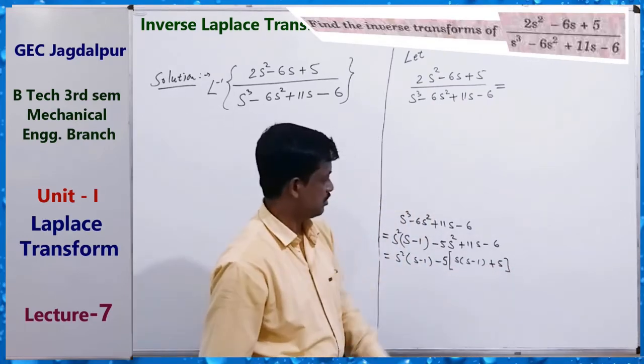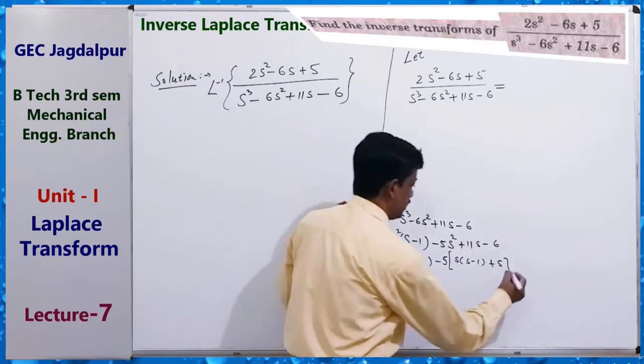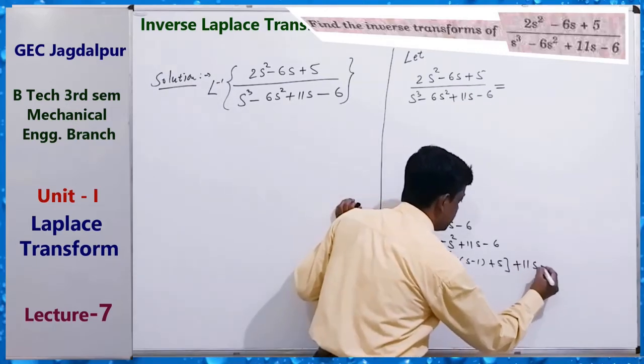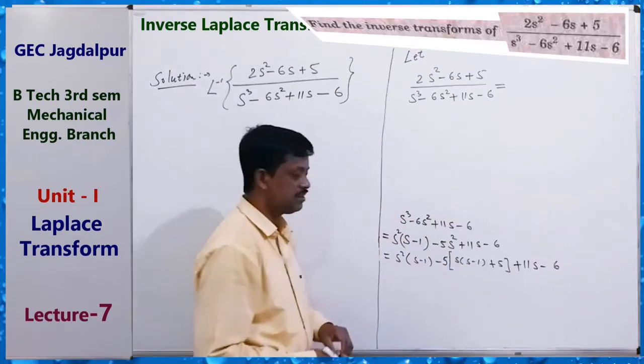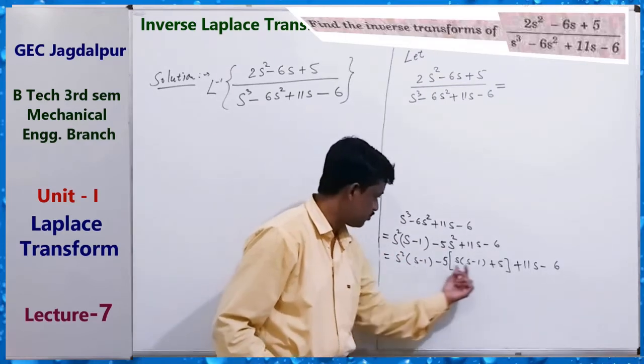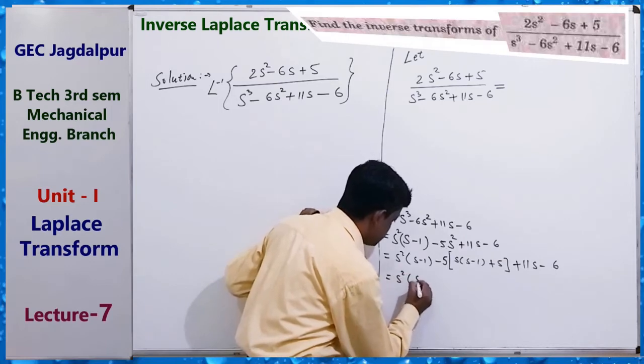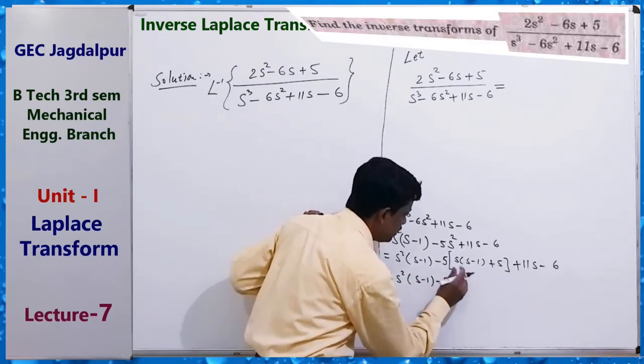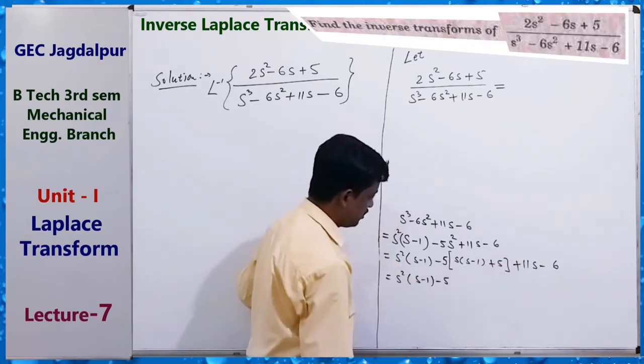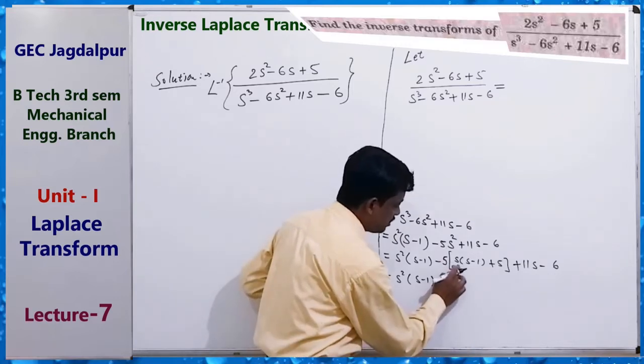Okay, this is s square, 5s square plus 11s. Why do we do it? We want s minus 1. So this is equals to s square into s minus 1 minus 5 multiplied by